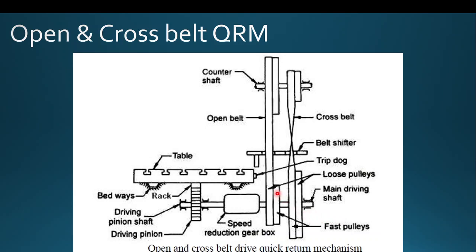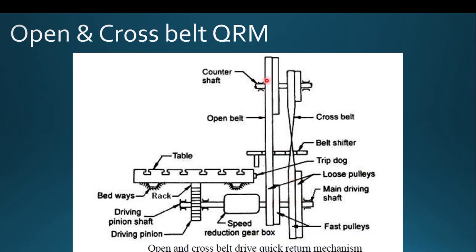See, the smaller pulley, this one and that one, are fast pulleys. Why? Because these two are keyed with the main shaft. That is, if you rotate the fast pulley, the rotation will be transferred to the shaft. That's why these pulleys are called fast pulleys. We made the inner two pulleys fast pulleys. This inner smaller pulley and the inner bigger pulley are fast pulleys. The outer smaller pulley and the outer larger pulley are loose pulleys. So in this way, the main shaft is provided with four different pulleys.